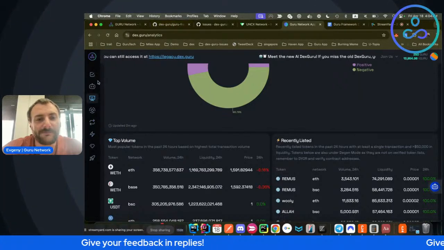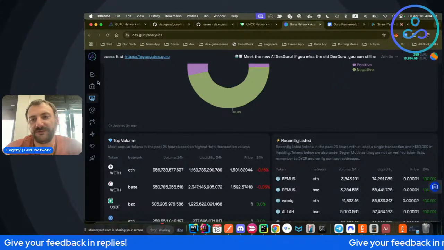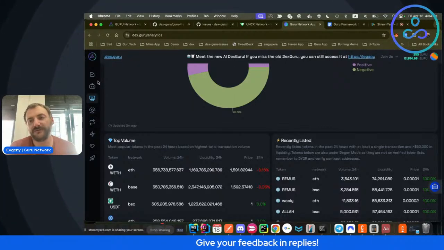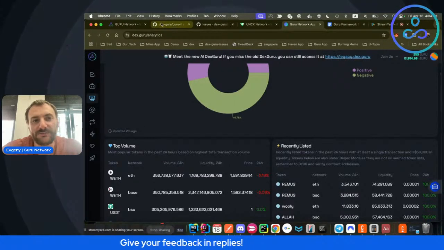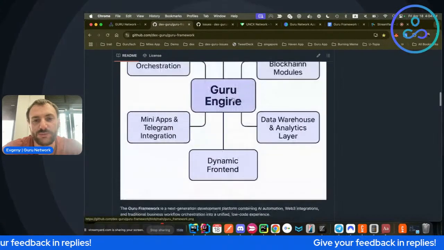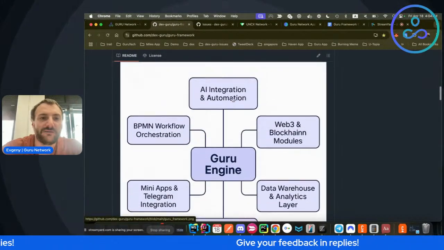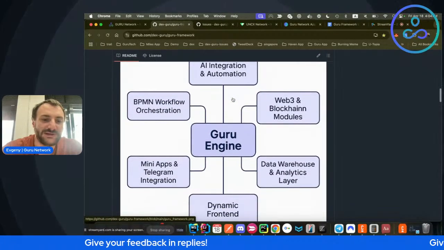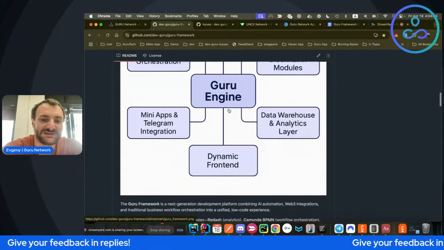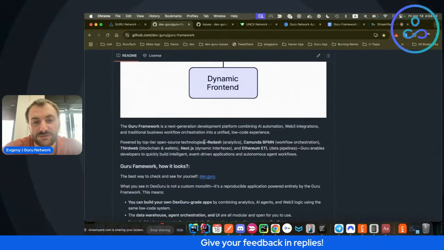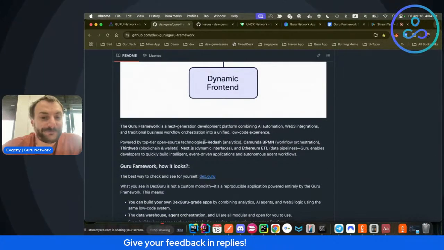So if you want to develop an application with all those features, but with your particular flavor of things, you can grab Guru framework and start developing it yourself. That's what we wanted to propose, as well as do incentivized development. So that's what we wanted to cover today.